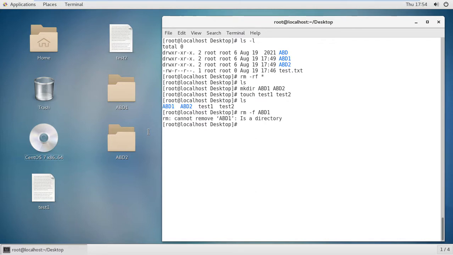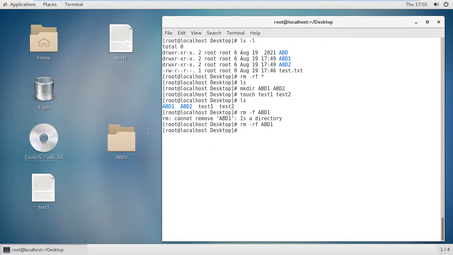It won't delete here, because it says cannot remove abd1, it is a directory. Linux understands these are files, but this is a directory, so you can't remove this directory using this command. You need to add one more flag called r, recursive, and forcefully, then it will be removed.